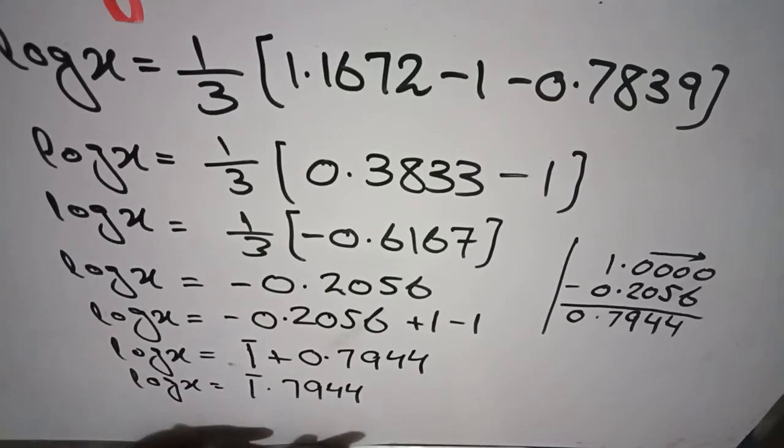Let me tell you again, to find the antilogarithm we have to make here a non-zero digit, not a zero value. Because the value has some characteristic, even if negative, the characteristic will not be 0 in that case. So there will come 1 minus 1, that will be 1 bar 0.7944, and you will take the antilog of both sides.